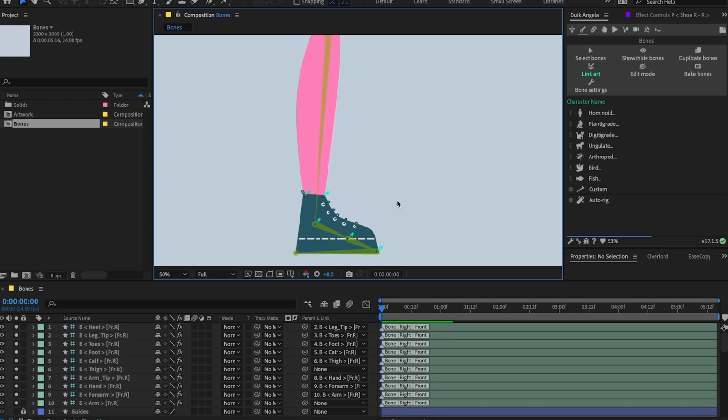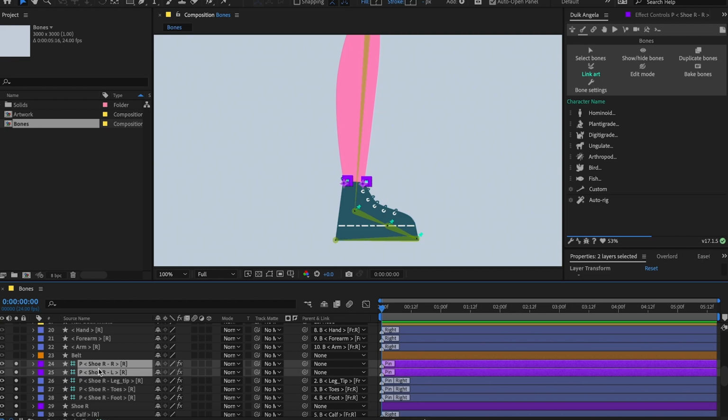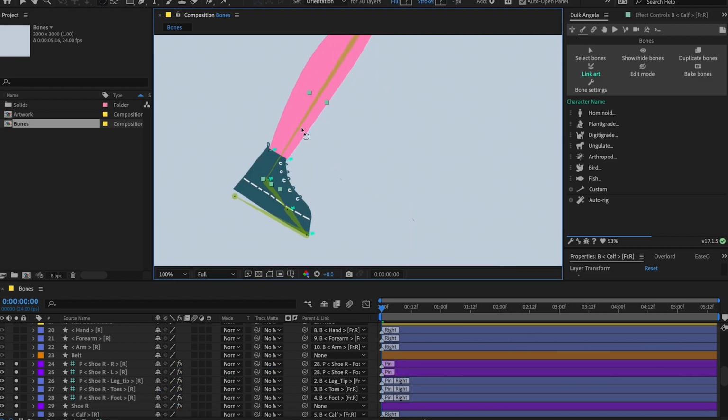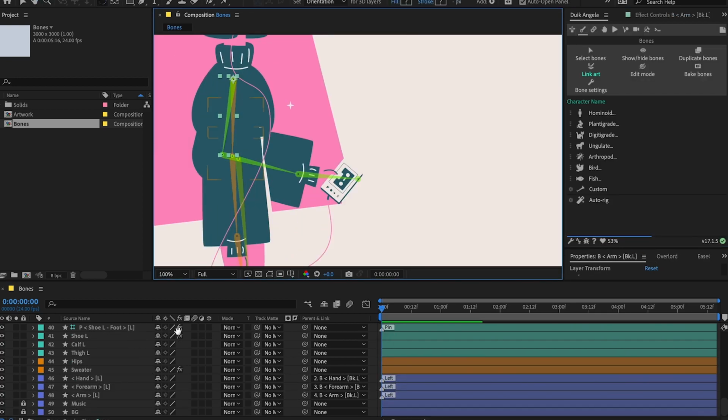Okay, those two pins aren't linked to any bone, and basically what we want for them is to follow the rest of the shoe for now. So let's link them to this pin over here like so, and now it works, and later we'll keyframe them frame by frame to follow the cuff. Now I will fast forward and repeat the left arm and leg.